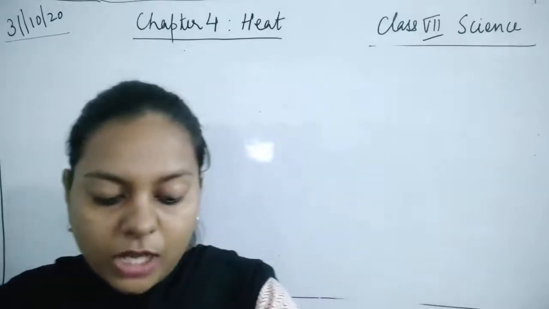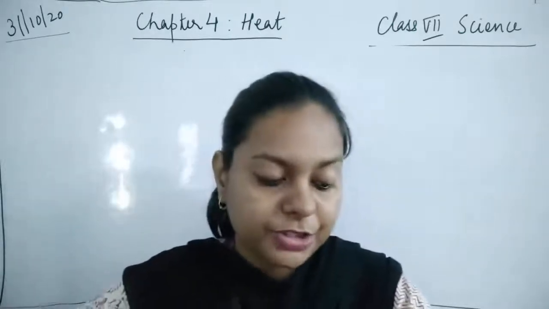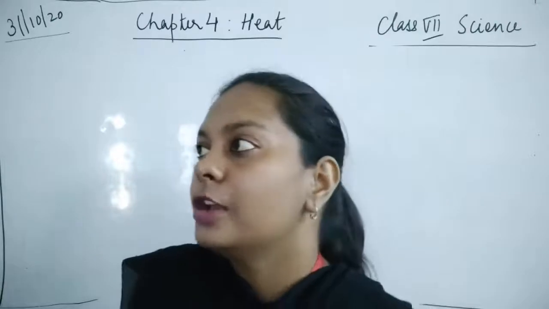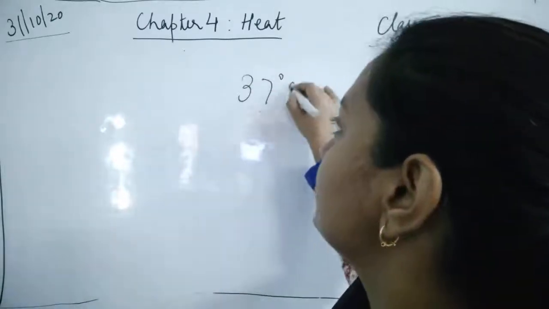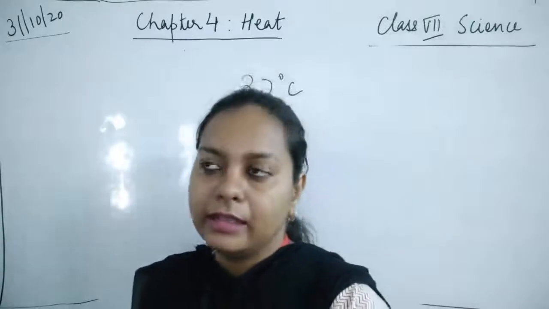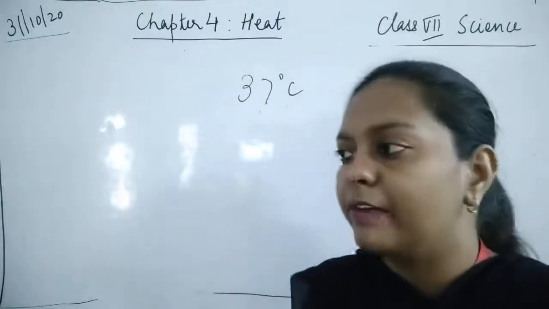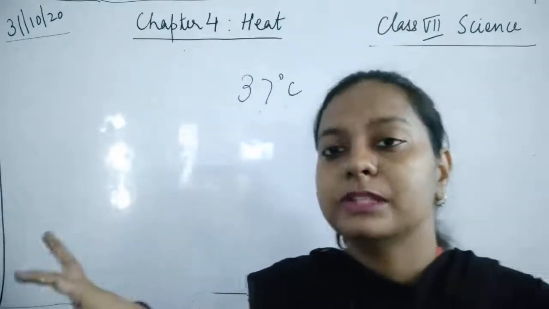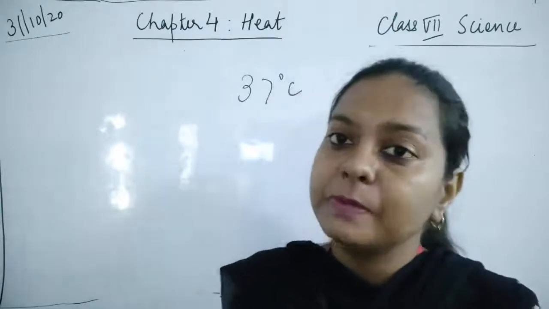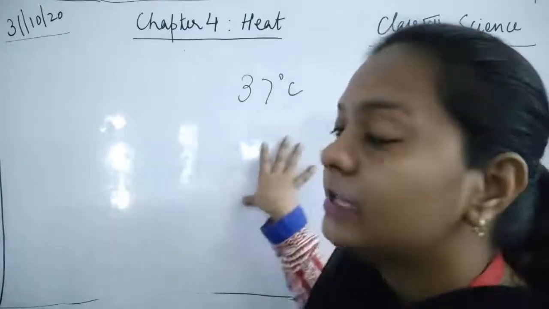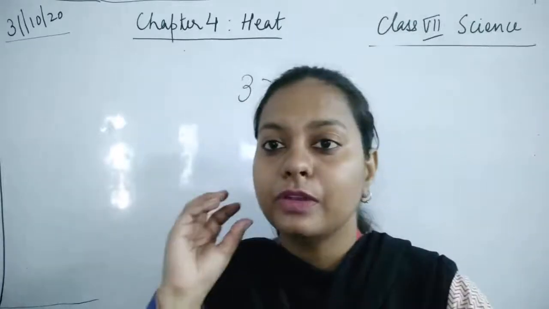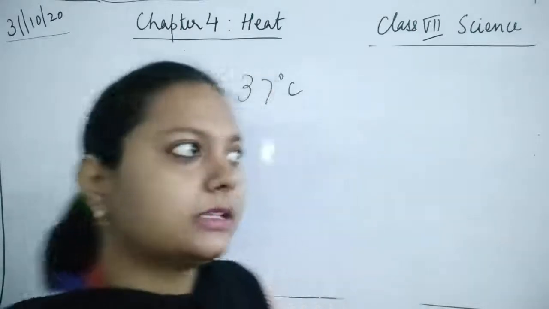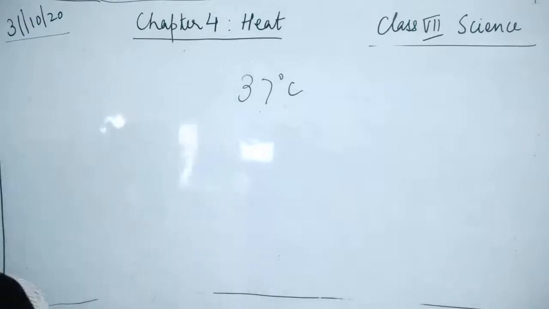Now, what we call a normal body temperature is the average temperature of a large number of healthy people. So how has it been decided that normal body temperature is 37 degrees Celsius? A number of observations are taken. Say 500, 600, thousands of people have been tested for the same experiment by taking the temperature of the person. We found that maximum people were having the temperature of 37 degrees Celsius. So now it became a fact that 37 degrees Celsius is the correct temperature of our body.